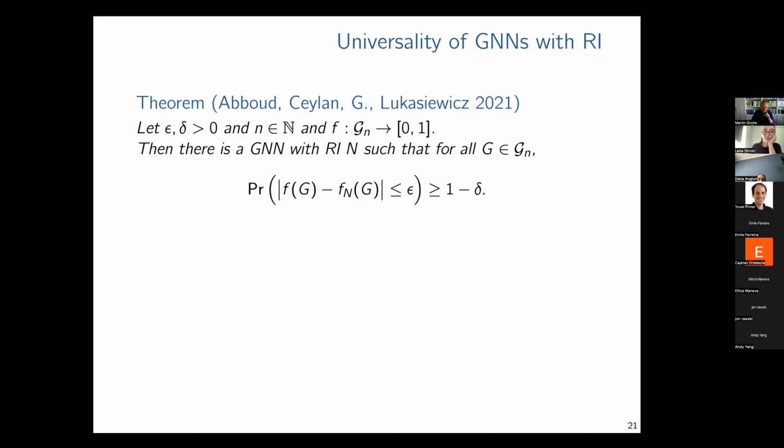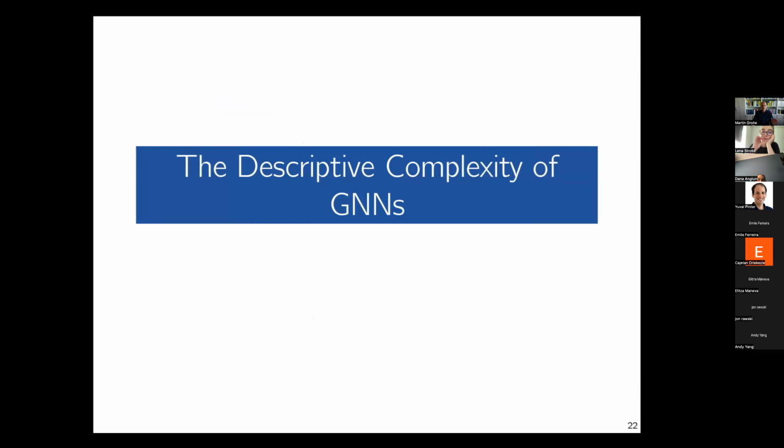Okay. Now, this is non-uniform. This neural network depends on n, and actually it depends exponentially on n. I think, to me, non-uniformity is not even the issue, but the fact that it's exponential in n, that's the real issue, the real problem with this result. So basically, the GNN is just some glorified version of table lookup here in this result. Okay, we also have a node level version of this. Yeah, and these things are set.